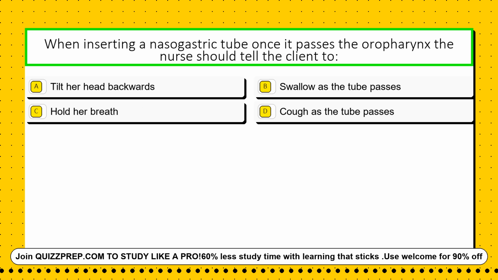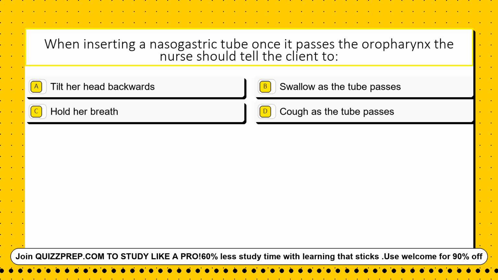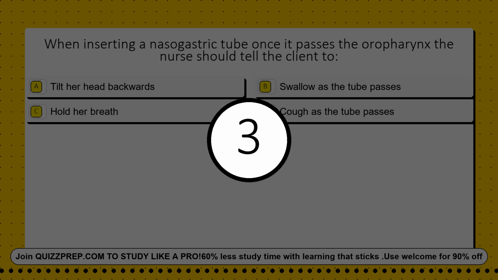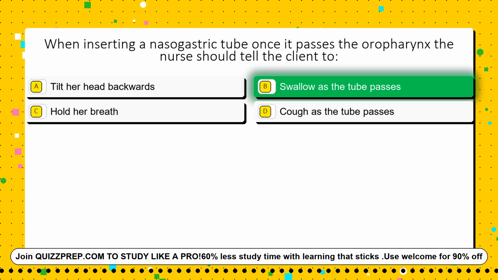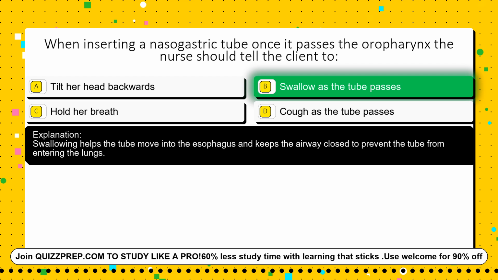Question 8. When inserting a nasogastric tube, once it passes the oropharynx, the nurse should tell the client to: Option A, tilt her head backwards. Option B, swallow as the tube passes. Option C, hold her breath. Option D, cough as the tube passes. The correct answer is option B, swallow as the tube passes. Swallowing helps the tube move into the esophagus and keeps the airway closed to prevent the tube from entering the